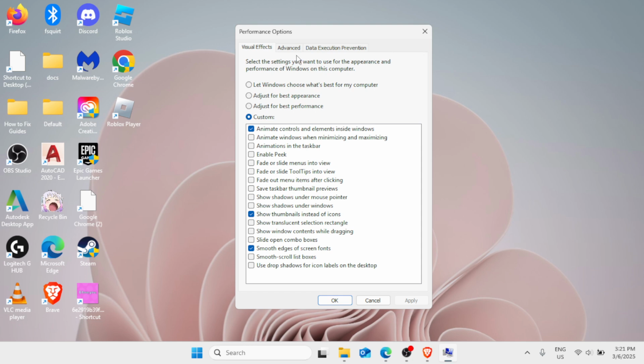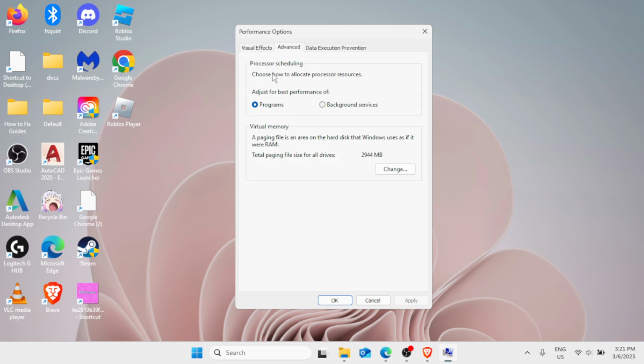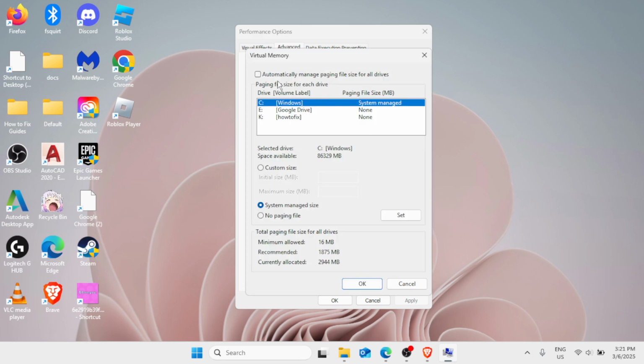So it has three tabs: Visual Effects, Advanced, and the Data Execution Prevention. Click on the Advanced. Then here you'll find Virtual Memory. Click on the Change button. You'll find this option, automatically manage paging file size for all drives. Do not check this box. Then click on the Custom Size and type here